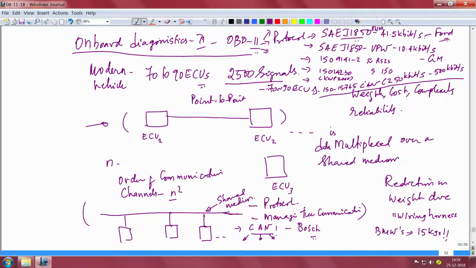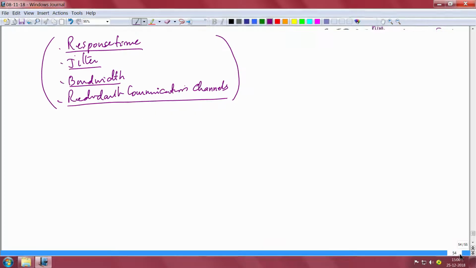So, if you come to a protocol, you have to look at what the protocol does. That will tell you, from any communication networks book, that these are important parameters the moment you go in for a protocol. So, again, all this is leading to very interesting things happening in the automotive world. Essentially, the CAN protocol has to give you certain responses, within certain jitter, for different functions of the vehicle. So, what are these functions and how do we divide them?